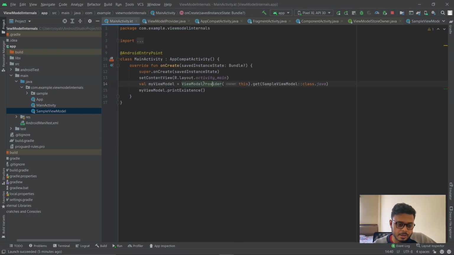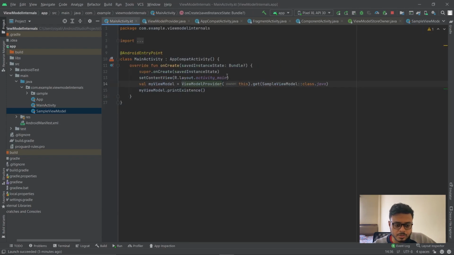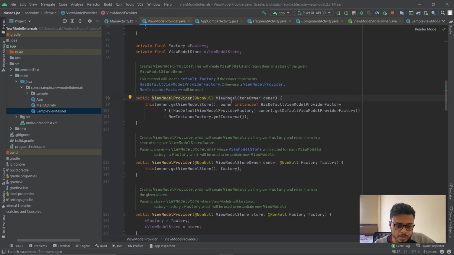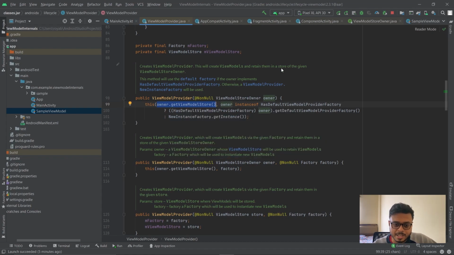So moving on, we went to the view model provider class constructor, right? So here we passed in the reference to our activity, which is the view model store owner, correct? So this in turn calls another secondary constructor, whose first parameter is the store owner dot get view model store, right? Which we just saw that the component activity had overridden.